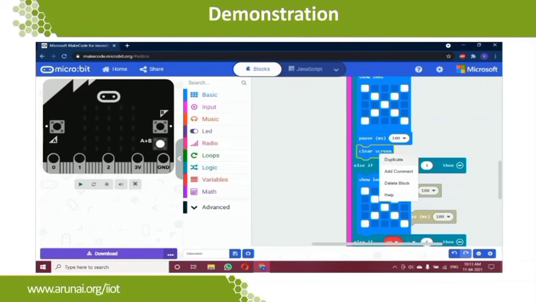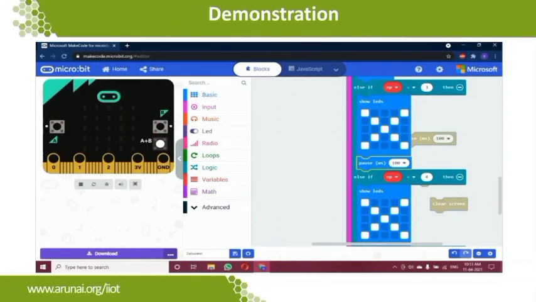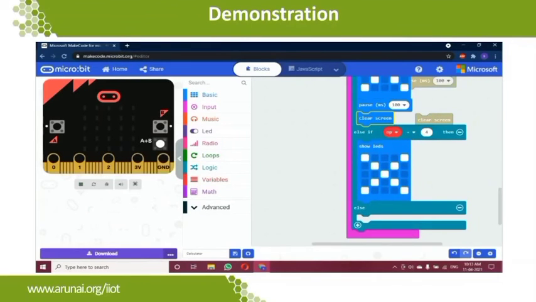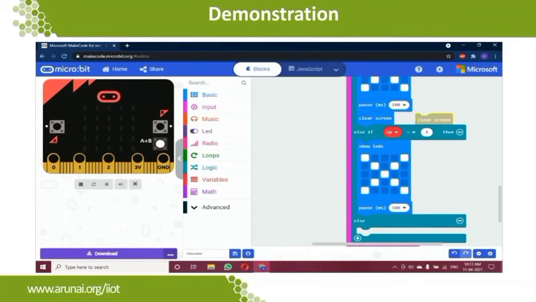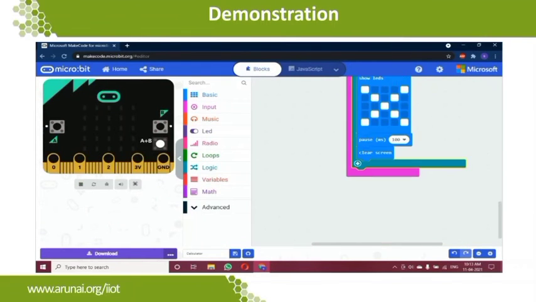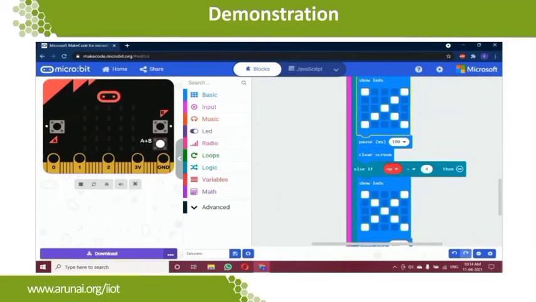So another important thing is, as you see, the things which are not attached to any blocks are transparent, and once they're attached to our blocks, they are getting their own colors. So it indicates that it is functional or non-functional in the workspace. Whenever it is not attached to any of the main blocks, that means it is not able to function. It is not attached to any function and it is invalid. So take care of attaching the things properly. As we are moving the blocks, it is easy to confuse yourselves.